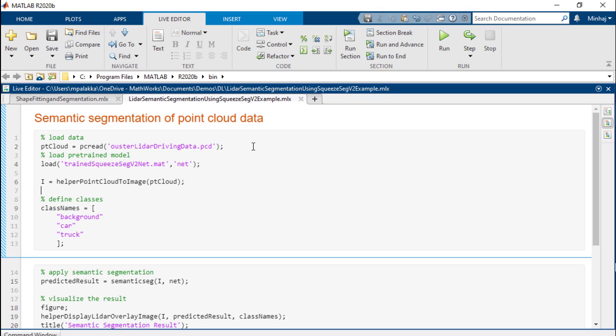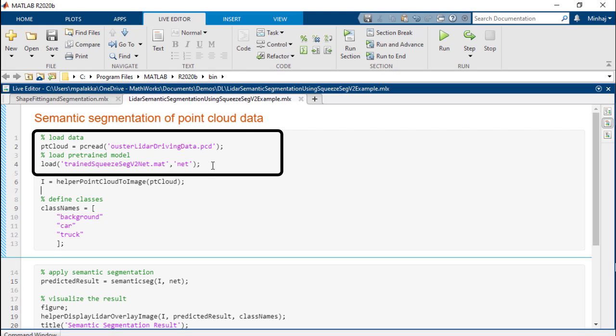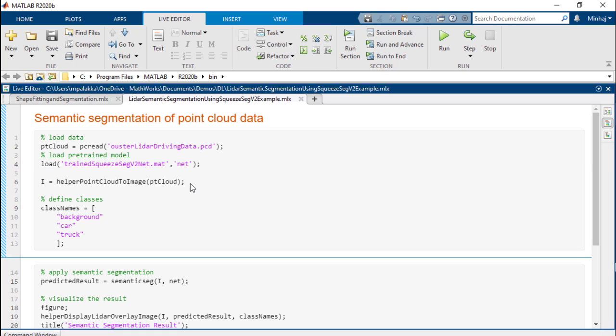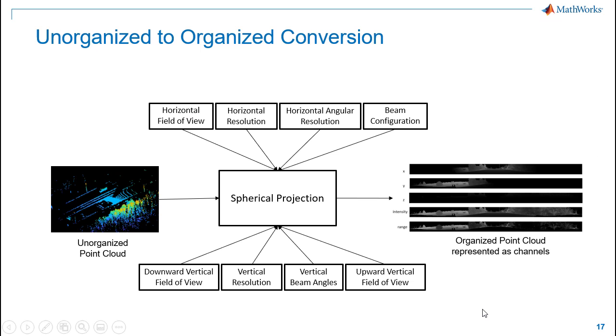We'll first load our data and a pre-trained SqueezeSegV2 network. To apply the network, we'll pre-process the point cloud using a helper function. This function first converts the unorganized point cloud into organized point cloud by projecting unorganized point cloud onto a sphere.